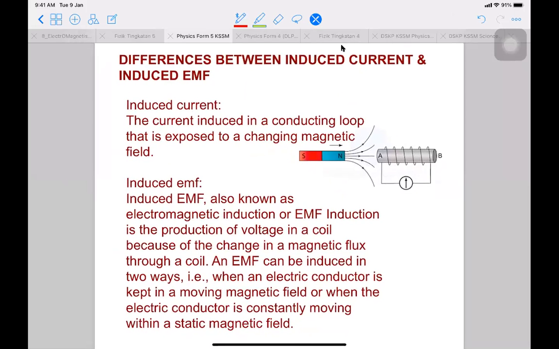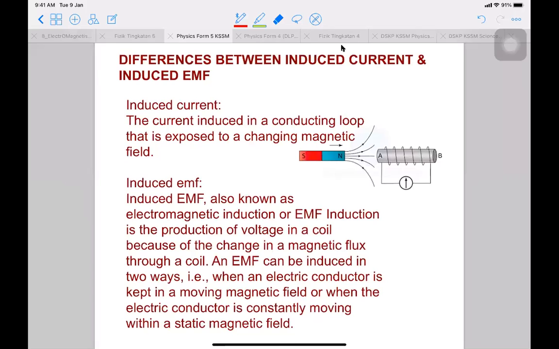I think most of you juga wondering what is the differences between these two quantities. So induced current, so ingat kalau the word induce means we don't use battery. Instead, we use relative motion to produce the induced current or induced EMF. So induced current is the current that is induced in a conducting loop that is exposed to a changing magnetic